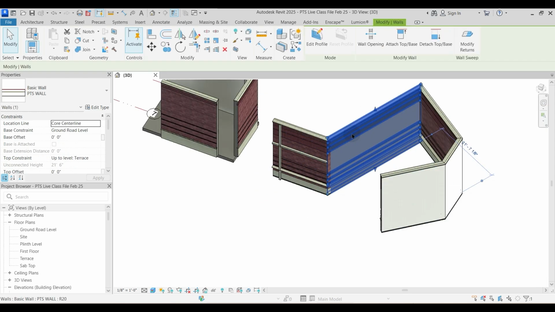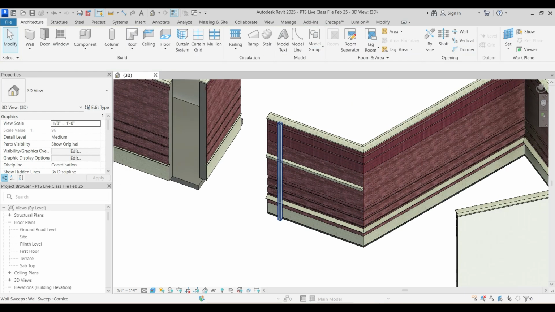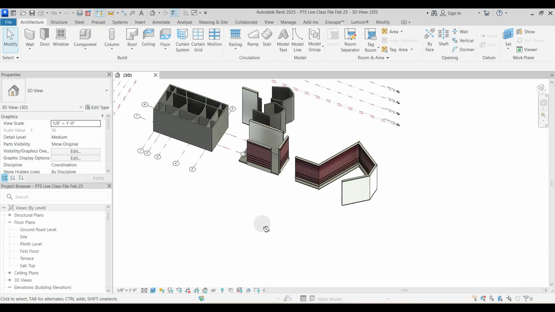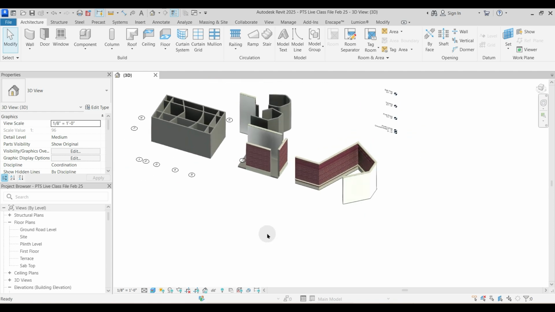But if you apply the sweeps horizontally in the type properties, that will hold true for all the walls of that particular type. Clear, everybody? Just delete this and delete this. Fine. So that was pertaining to today's topic, wall,